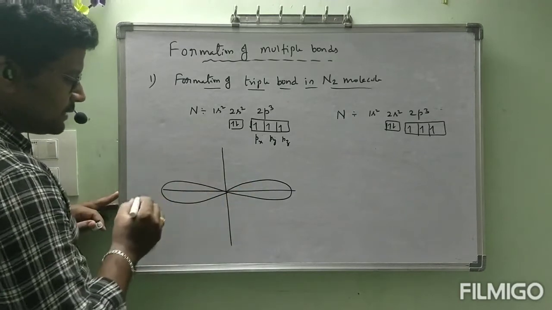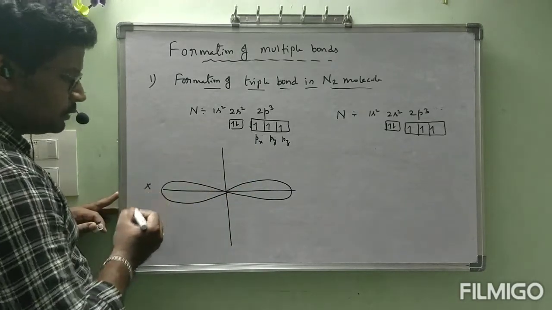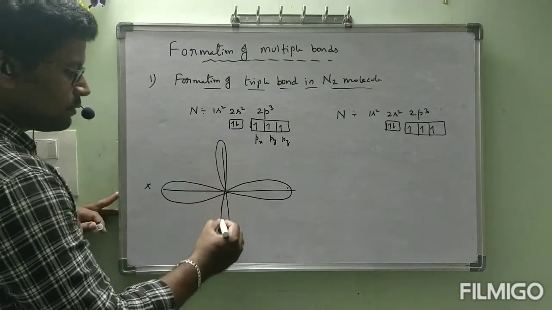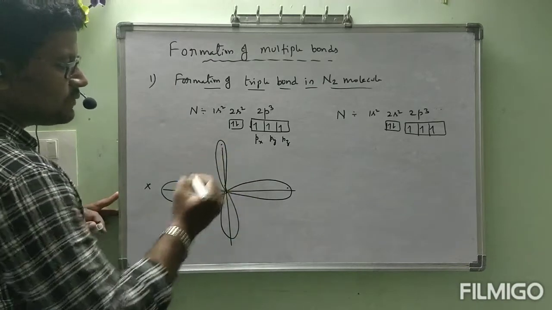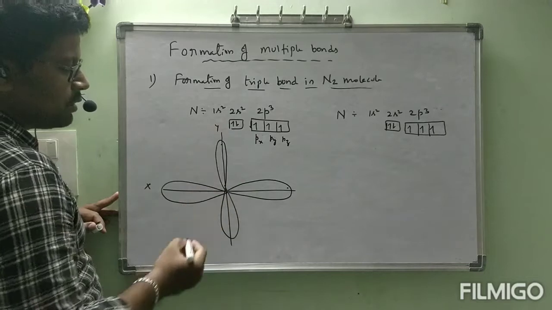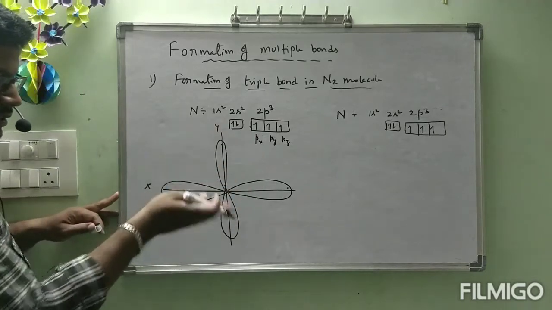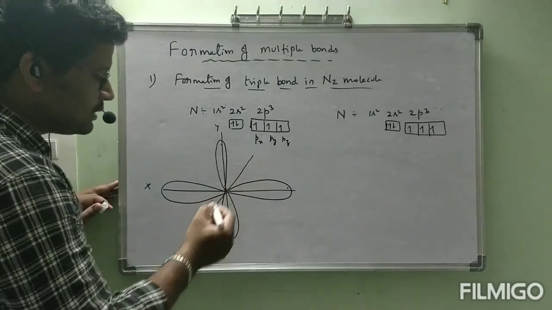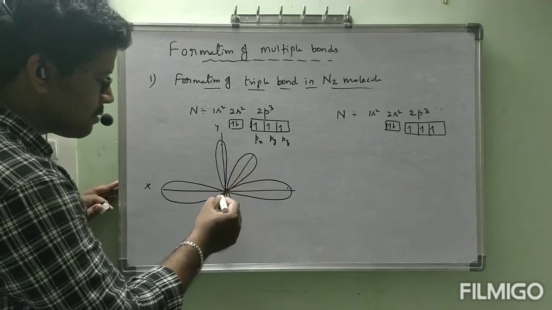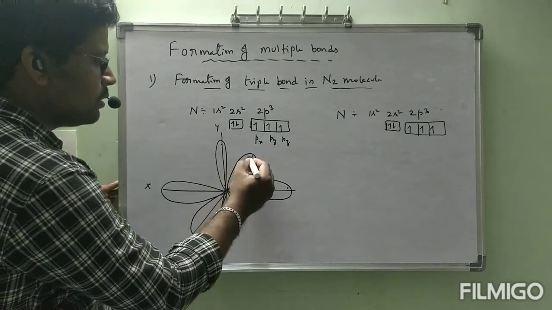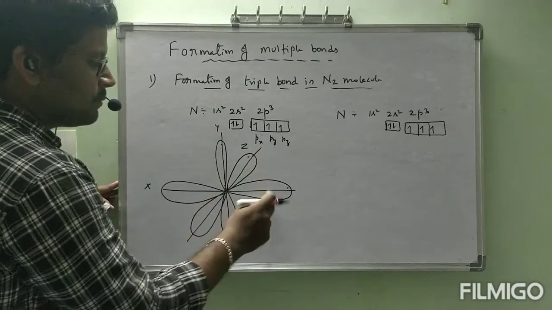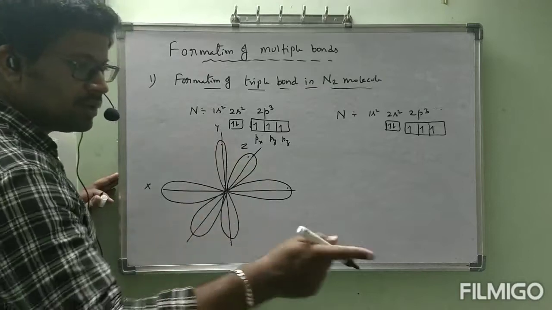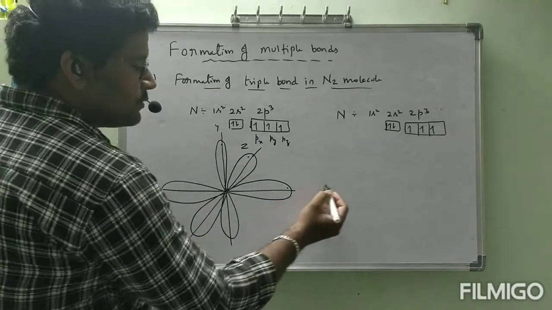This is along the x-axis. It contains 1 electron. Next, this is along the y-axis. It contains 1 electron. And the z-axis actually should be like this, towards you. But it is not possible to show that on the board. That's why we are showing it like this. Z-axis. Px, Py, Pz. This is the first nitrogen atom, containing 1 electron each. I have shown this with the help of balloons also. Now the second one.